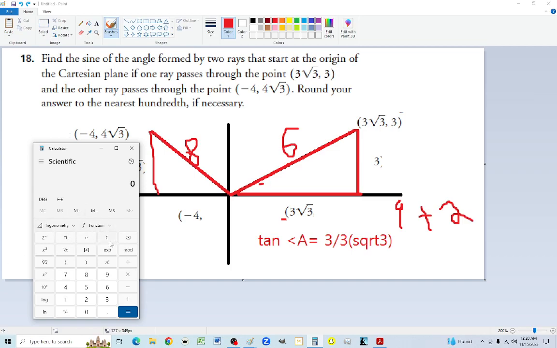Let's figure out if that would have worked in the normal way in radians. So 3 divided by 3 times square root of 3. Comes out as that. And that's in radians. And you'd have to do the arctan. And we discover it's this many radians. Now, if we wanted to figure out how many radians that is in pi,